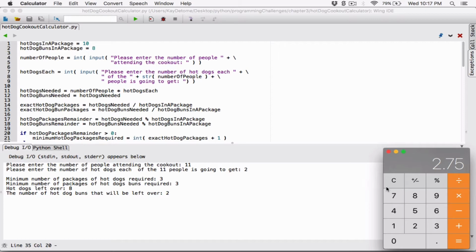But we bought 3 packs. Okay, 3 packs of 8 each, right? We bought 3 packs of 8 each, and we used 2.75 packs. Two packs and then 0.75 of a pack. So I'm subtracting: 3 minus 2.75, which gives me 0.25. When I multiply by 8, which is the amount of buns in a pack, I get